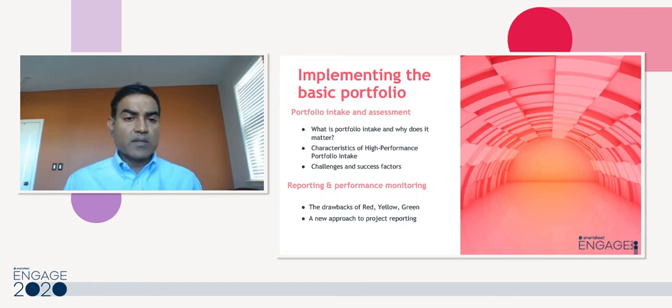What is portfolio intake? Why does it matter? Portfolio intake is the process by which projects get into the portfolio. Now,